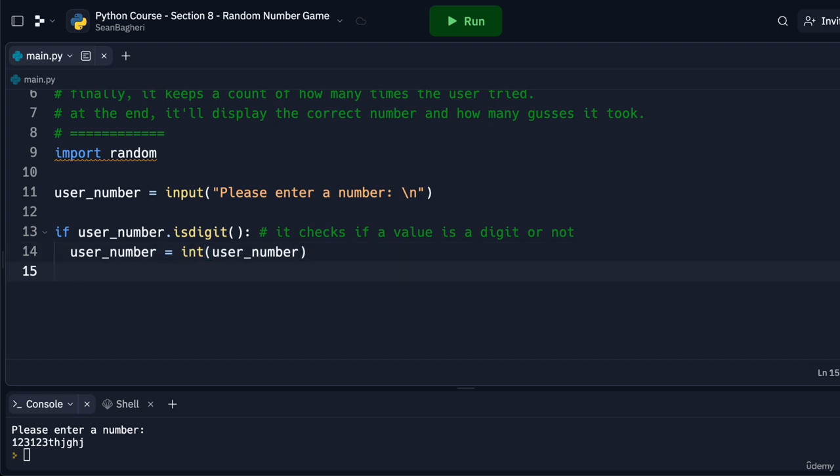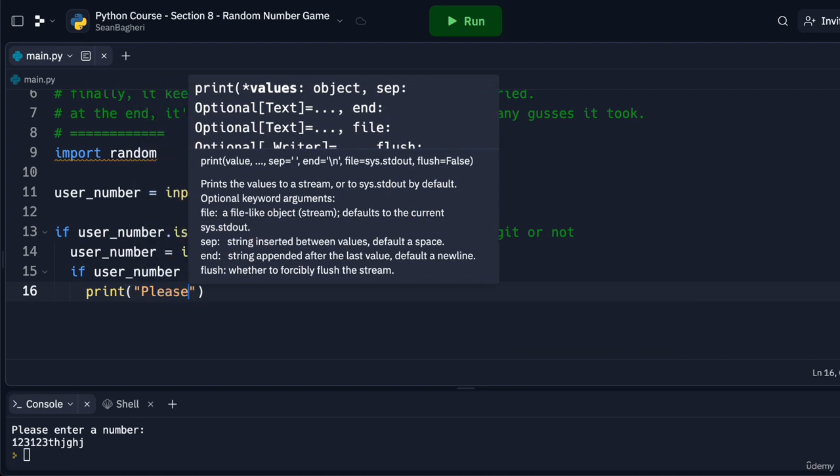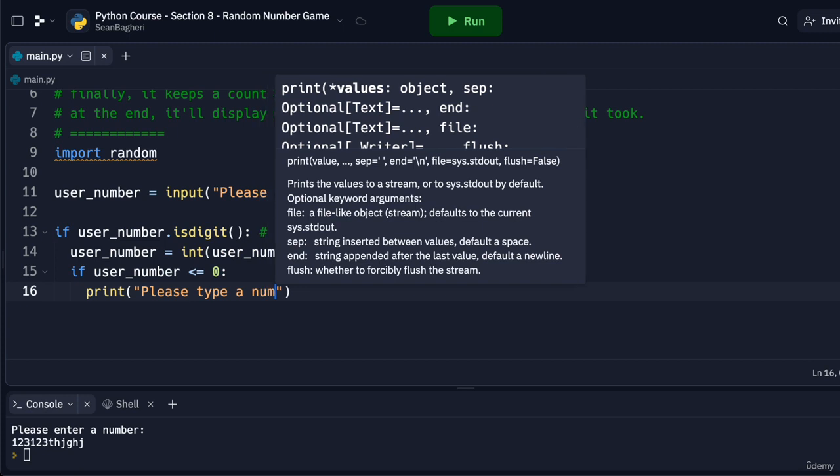And then I'm gonna use another if statement. I'm gonna say if user number is less than or equal to 0, we just want to reject the whole thing. So we're gonna say print, please type a number